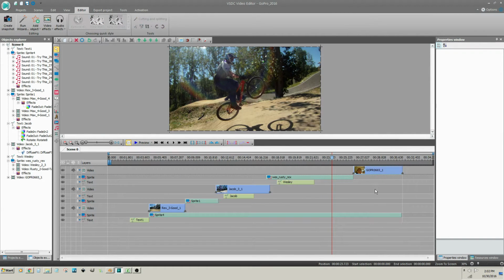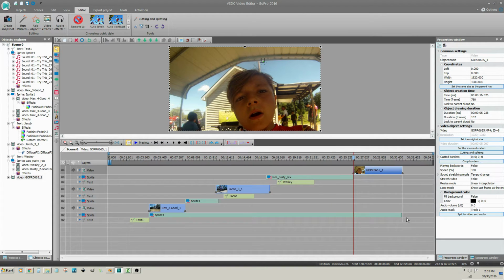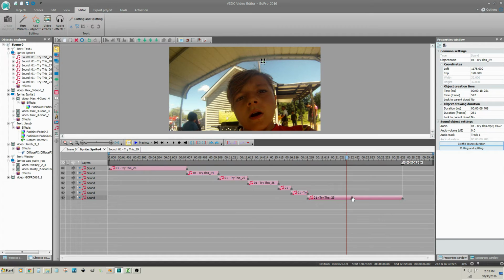So what I want to do is turn the music volume down during the dialogue. So I'll click on my clip with dialogue and move the cursor to the beginning. Double click on the sprite that contains the audio segments. I want to cut this audio segment into pieces, and the piece that plays during the dialogue, I'm going to